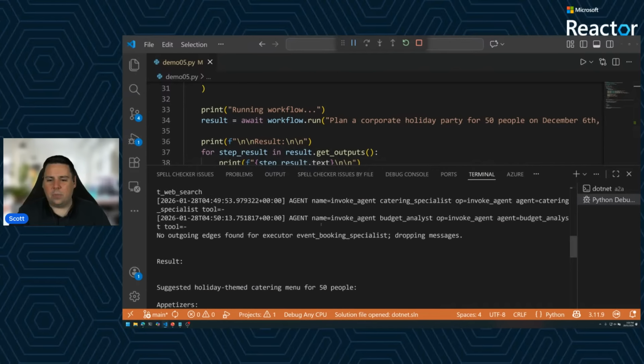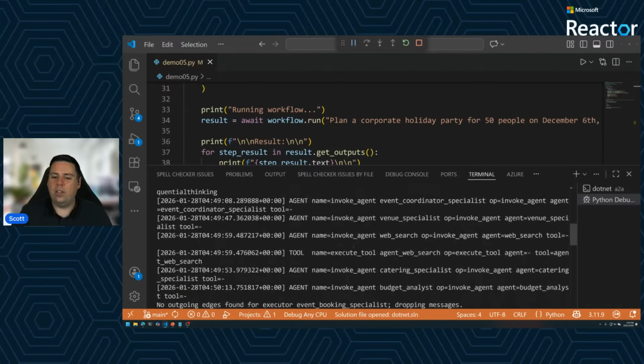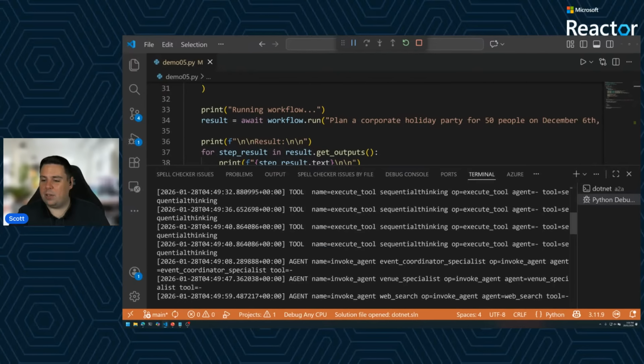Awesome. So if we scroll back up here, we can see that we've gone from these different agents. We've invoked these different agents in a workflow. We can see that we've done web searches in between. We're running tools. We've called external services. At the top here, we had our sequential thinking. So I've actually gone through and built out both our plan, which is what our coordinator did via the MCP server.